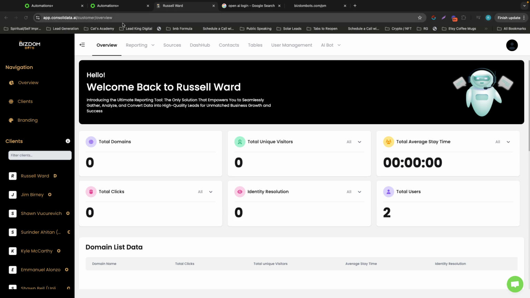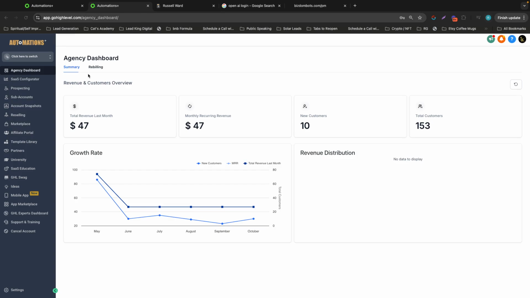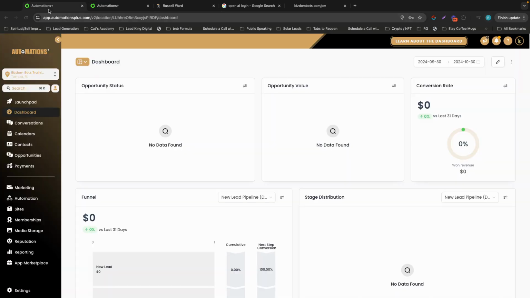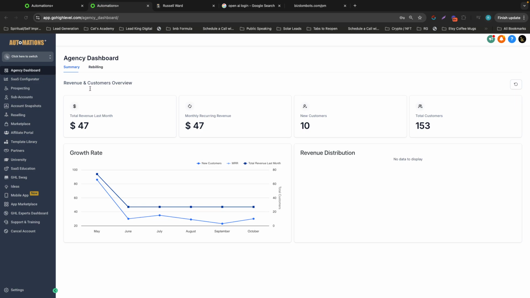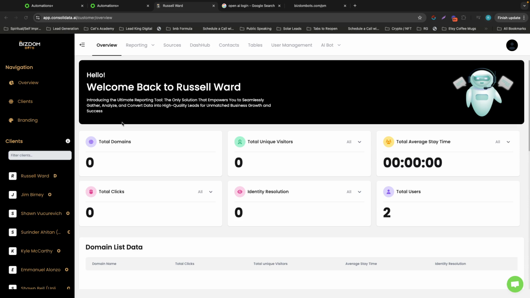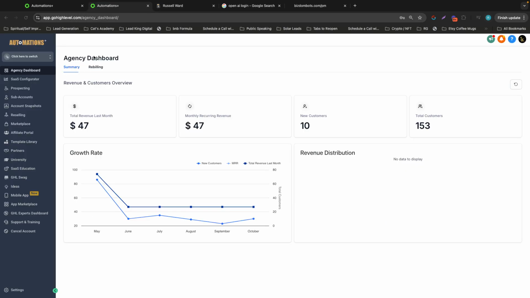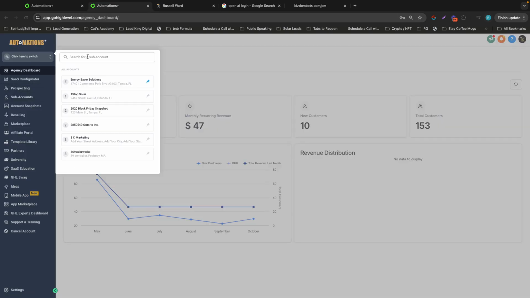Now, what you're going to see over here is I have a login to app.gohighlevel.com, and then I also have my white label domain, app.automationsplus.com. The reason why we have to be logged into High Level is because to link it to Consolidata, which I'm going to show you in a few moments, you have to be logged into High Level to do that. Okay, so the very first step is to log into High Level, and I am in fact logged into High Level. However, I need to go down here